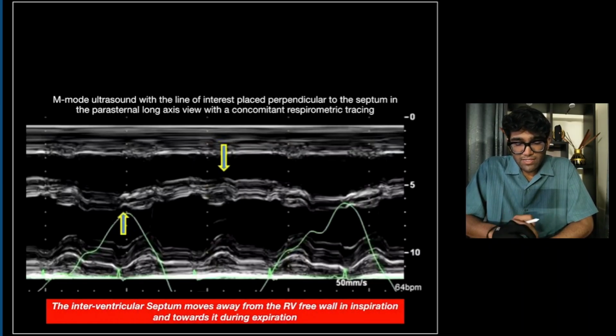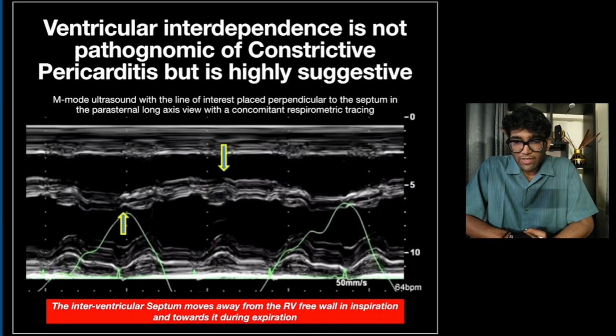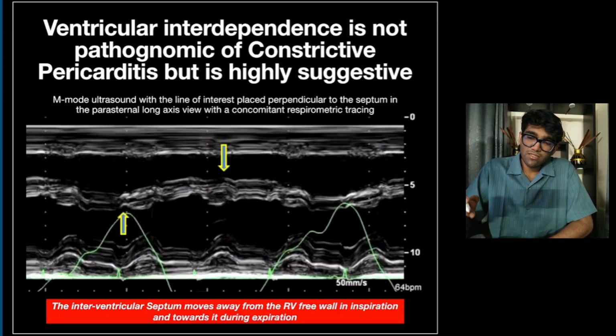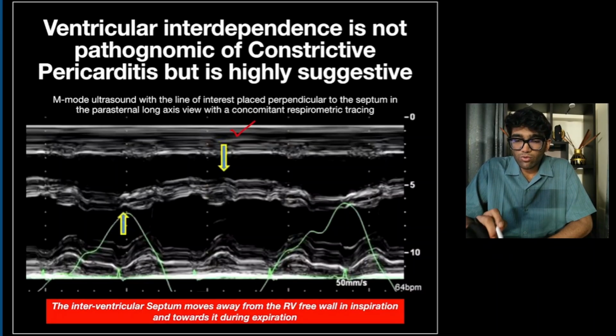Now, what we find is that ventricular interdependence is not pathognomonic of constrictive pericarditis, but naturally, like I've just discussed, is highly suggestive. So what we can do is put an M mode scan passing through the right ventricular free wall. So this is the right ventricular free wall, and you would notice it's not moving much. Okay. The second thing is through the septum. Okay, so this would naturally be a